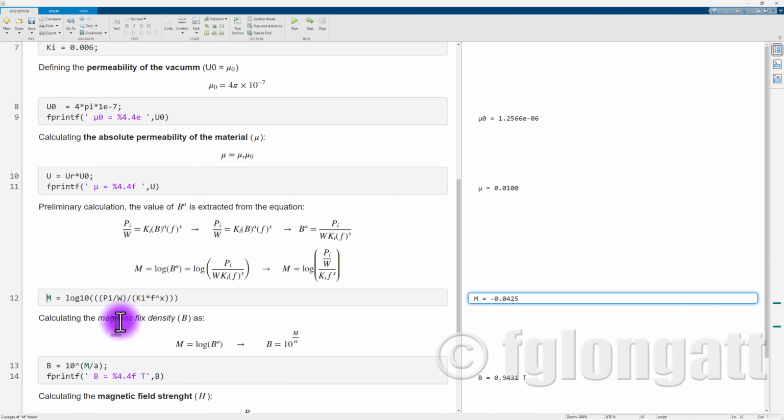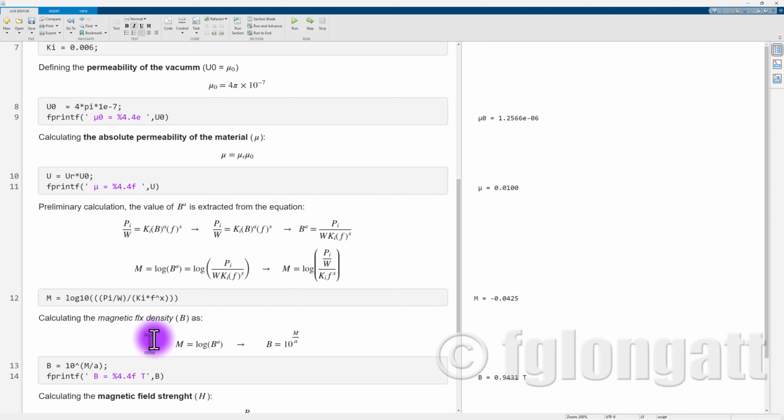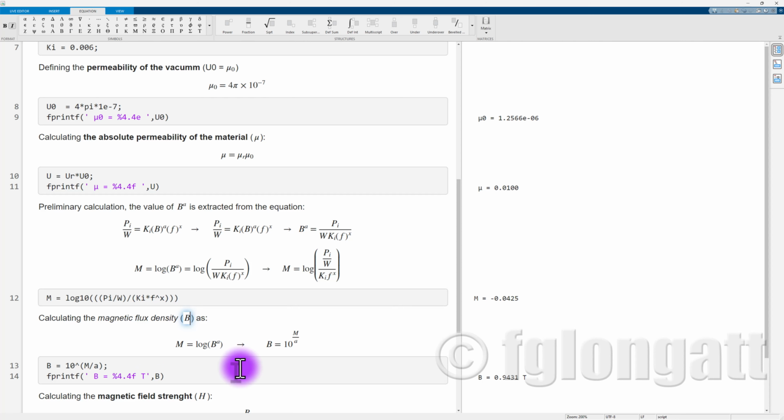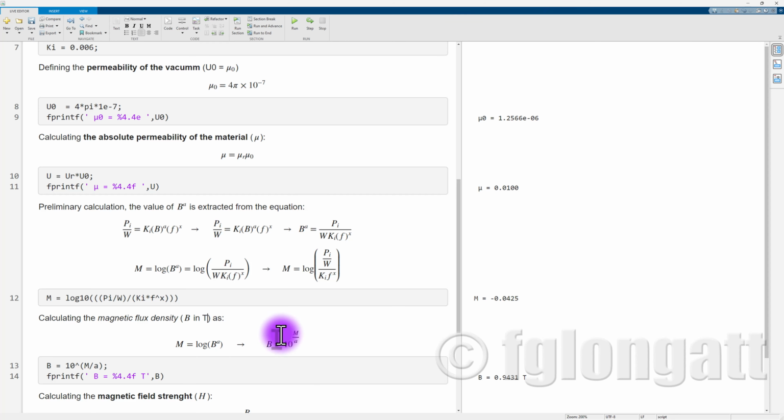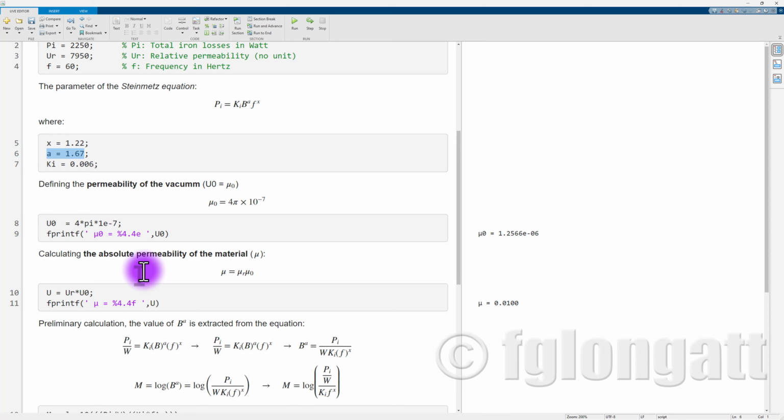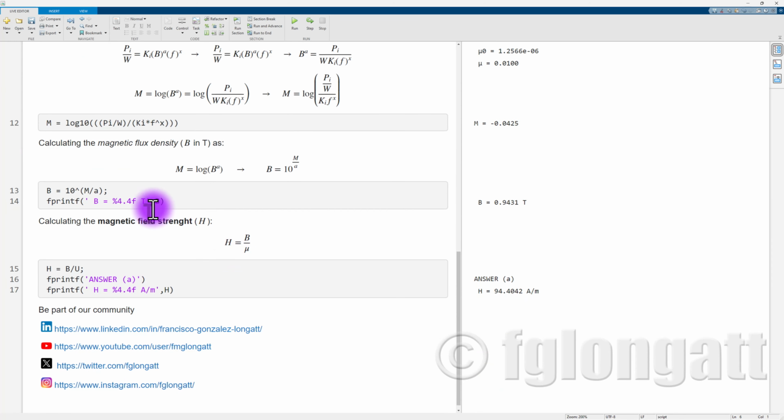0.04. So the final step here is to obtain the final magnetic flux density, in this case letter B in Tesla, of course. So what we need to do is use this expression over here, 10 exponent M divided by a, where M is this value that we already know, and a is the exponent that we already defined before, 1.67. So doing so, we obtain the amazing magnetic flux density,